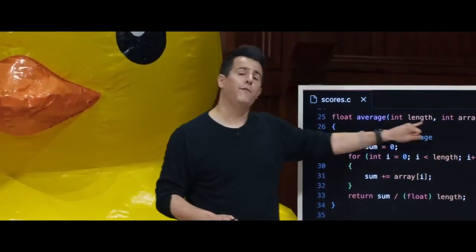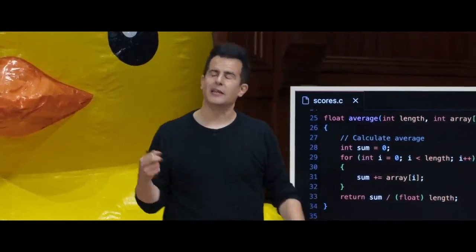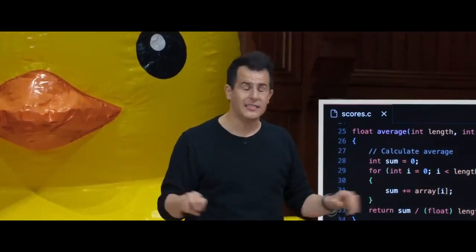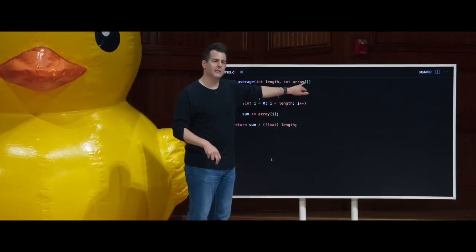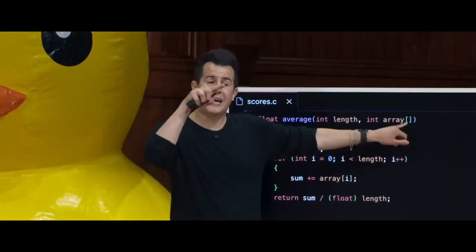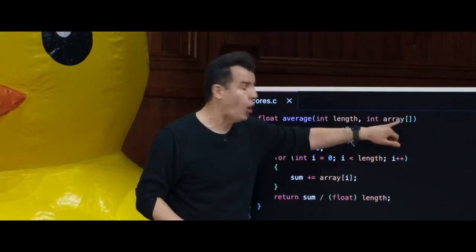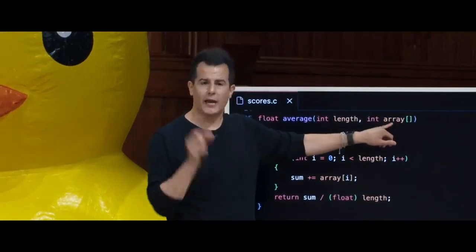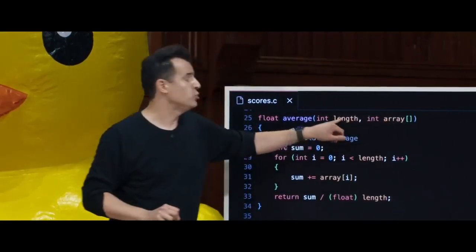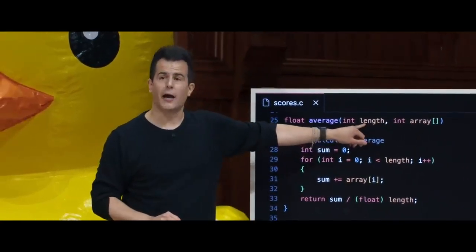So the only thing that's weird syntactically is this, though. When you define a function in C that takes an argument that isn't just a simple char, isn't just a simple integer, it's actually an array, you don't have to know the array's length in advance. You can just put square brackets after the name you give it. And I don't have to call it array. I could call it x or y or z or anything else. I called it array just to make clear that it's an array. But you do need to know the length somehow.